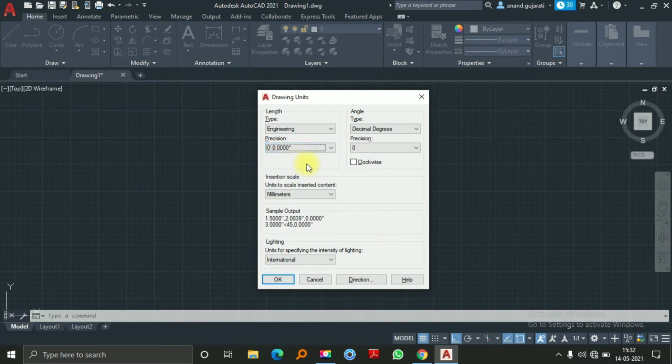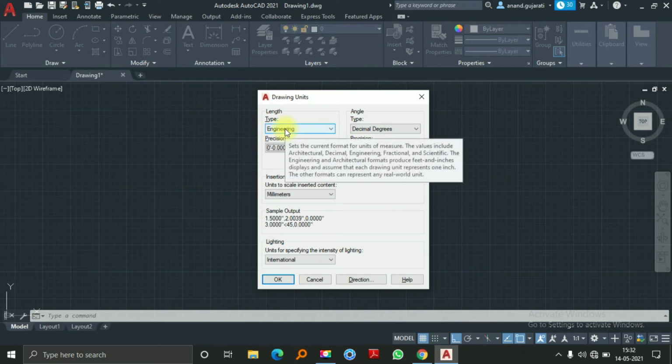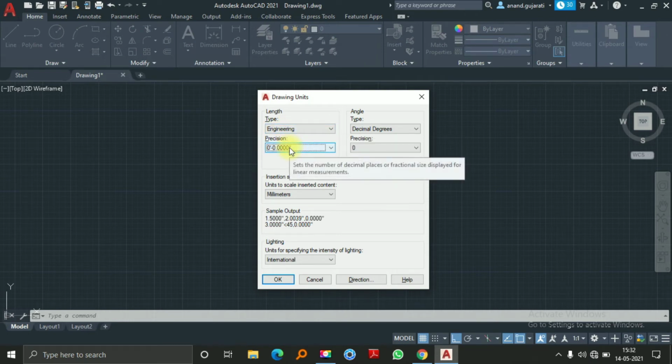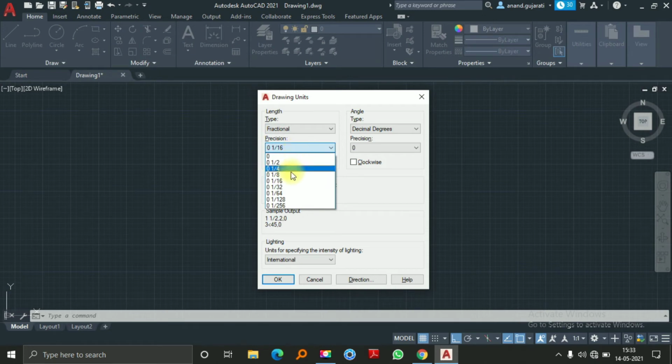That means as per your convenience, you select the type. If you wish to go with inch and foot, you must select engineering. If you go with millimeter or centimeter, you must select decimal. It doesn't mean you cannot select millimeter or centimeter in engineering. It is possible. In fractional, you will see 1/2, 1/4, 1/8. Actually, it is a precision.